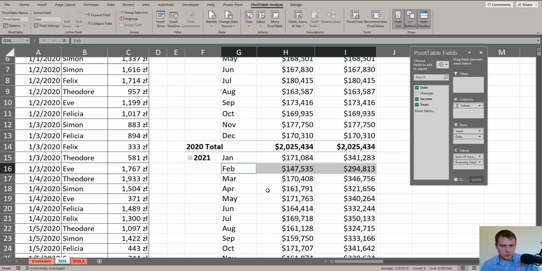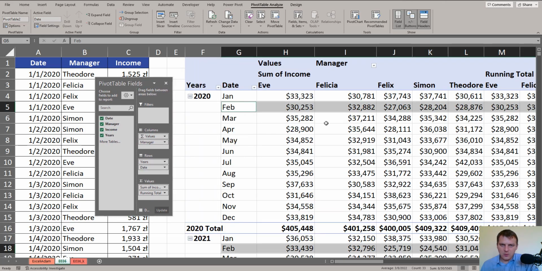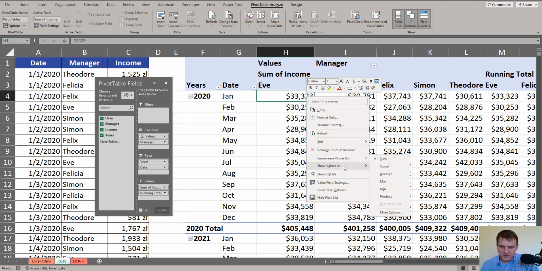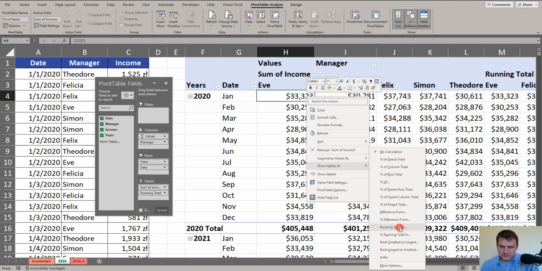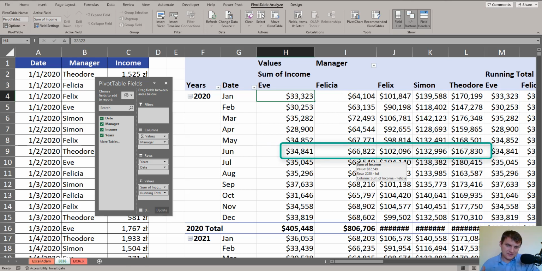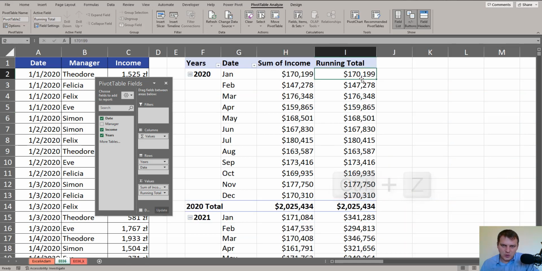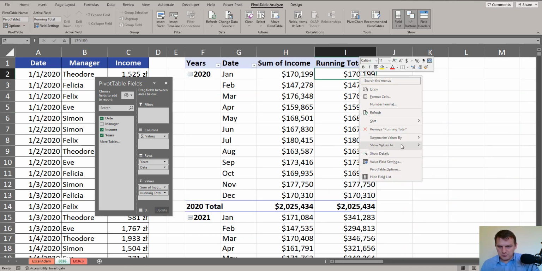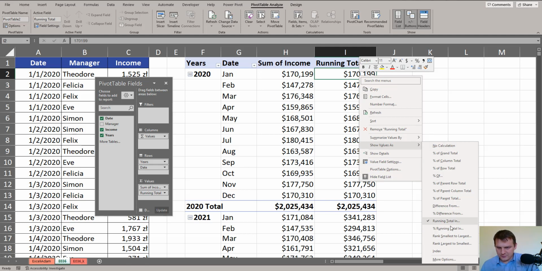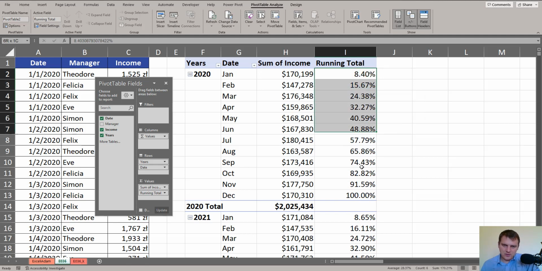So we have to know those differences, and when we drag manager to column headers, we can even show values as running total in a horizontal way, so from the manager perspective, but it isn't the most proper data to create a running total. So let's Ctrl Z and just show that we can also create a percent running total, show values as percent running total in, and let's say dates,